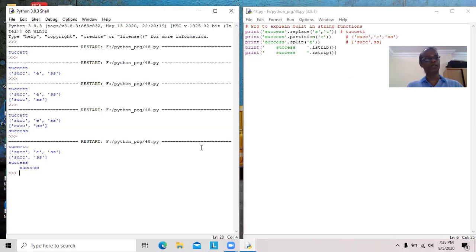Now we studied the string data type. A string is a collection of individual characters or a sequence of characters enclosed within single quotes, double quotes, or triple quotes. Then we studied that individual items of a string can be accessed by positive index as well as negative index. Then we studied string operations. Plus stands for concatenate, plus equal to for append, star stands for repeat, and open and close square brackets are used for slice. Then we studied some of the important built-in string functions.